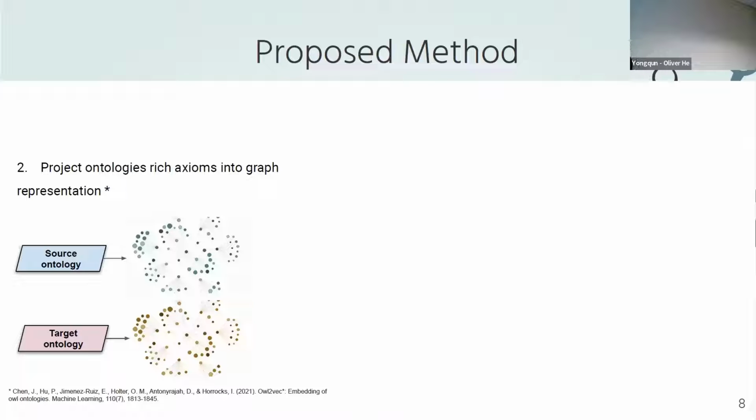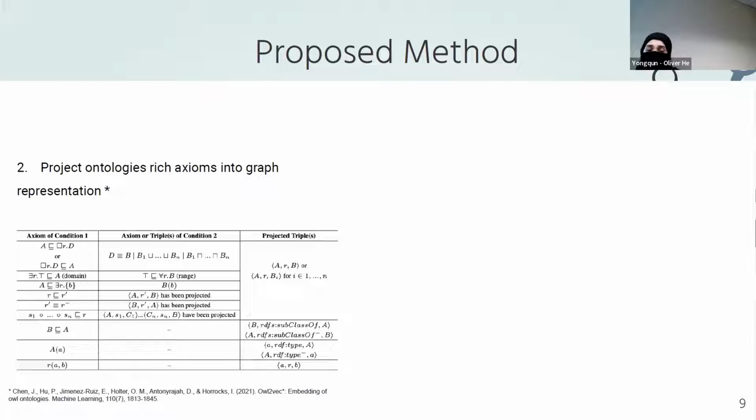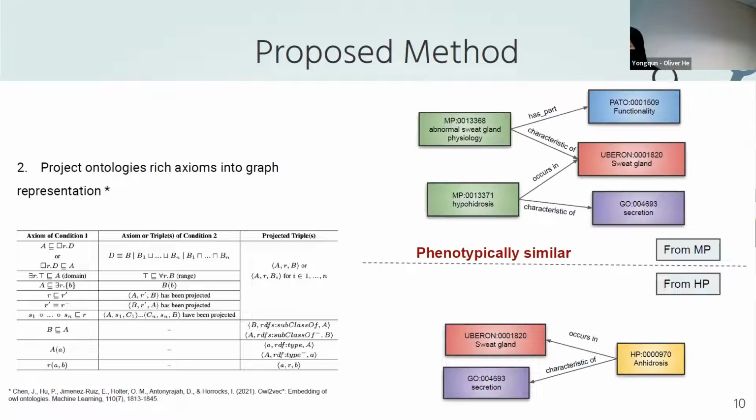And in this projection, basically, what they do is that they use all of the logical axioms in the ontologies, including the intersections and the union, the existential quantifiers, and also they create some sort of a graph. We cannot go back from this graph to the axioms, but the main idea of having this graph is to